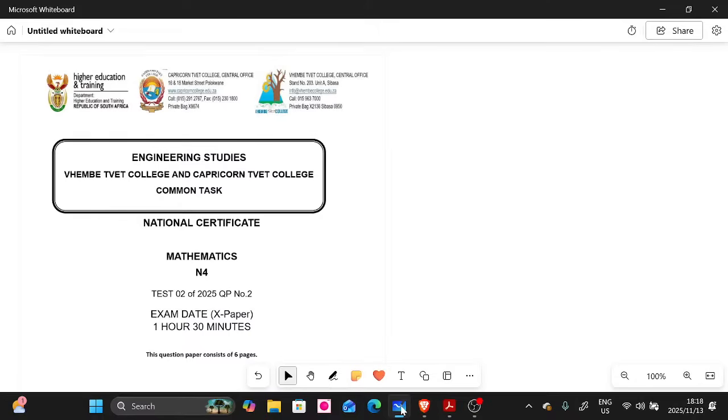So we have different types of common papers here. Usually we do Gauteng and Free State. So this is new, but it doesn't matter, guys. At the end of the day, maths is maths. Then you will see as we are solving this, you will realize that we are actually doing the very same math. So this is for mathematics.